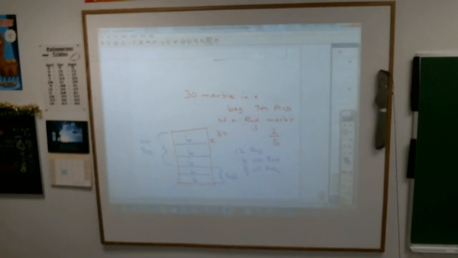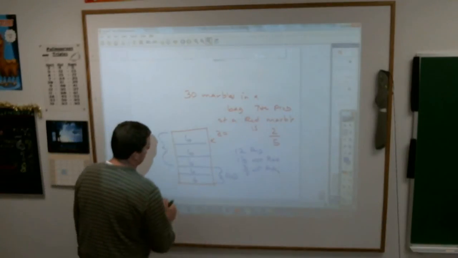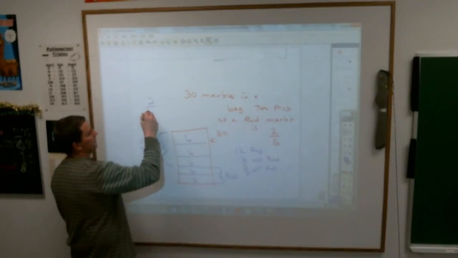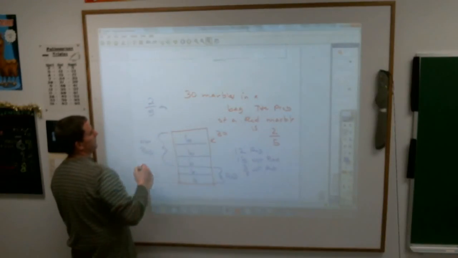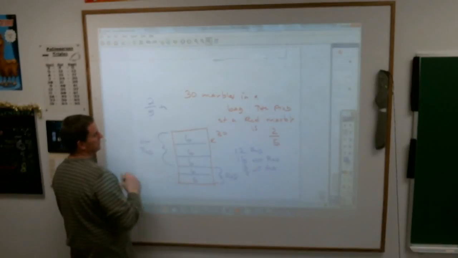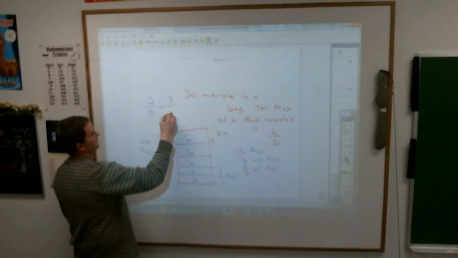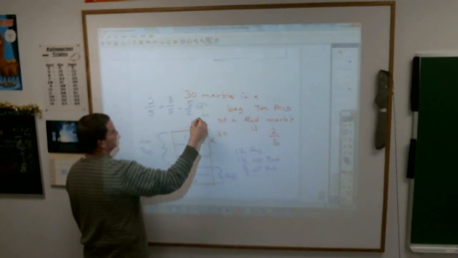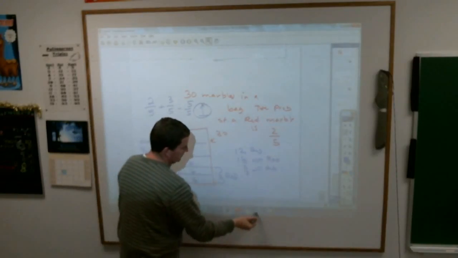What is the sum of the probabilities of drawing a red and drawing a not red marble? Adding the probabilities. What's the probability of drawing a red marble? 2/5. Add that to the probability of not drawing a red marble, which is 3/5, and you add those together, you get 1. They like to show you more than one way that complement